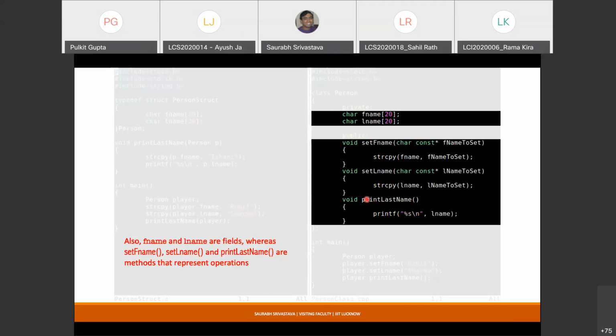Okay, so now try to map it back to what I was saying, that these are attributes associated with a particular object. So let us say this is the number of wheels, or the fuel tank capacity. Let us say this is the fuel type, and then there is a method called add fuel to the vehicle.